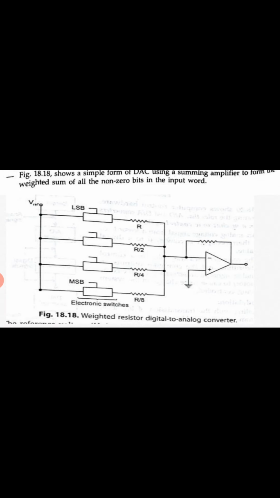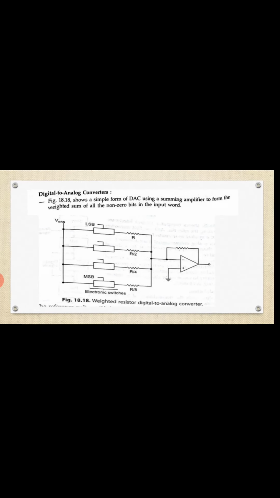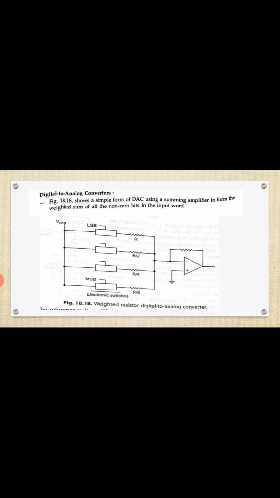The value of the input resistance depends on which bit in the word the switch responds to. That is very important, because the resistance value depends on the analog values and on which bit in the word the switch responds to. The value of the resistor for successive bits, from the LSB, changes. Hence the sum of the voltages is weighted. Finally, depending upon the digital input, the sum of the voltages is weighted.